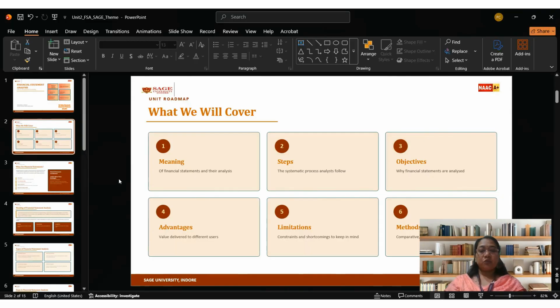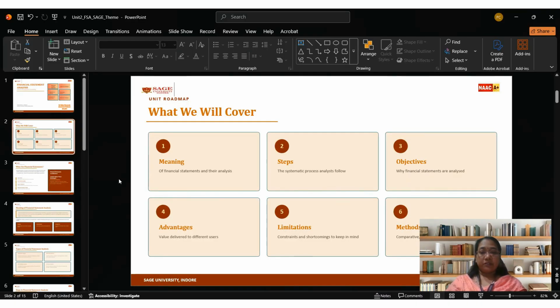The four statements you will work with most often are the balance sheet, which shows assets, liabilities, and capital as on a specific date; the income statement or profit and loss account, which shows revenue, expenses, and profit over a period; the cash flow statement, which tracks cash inflows and outflows;